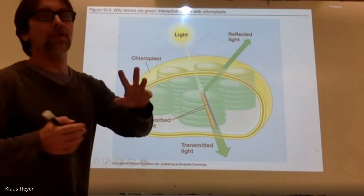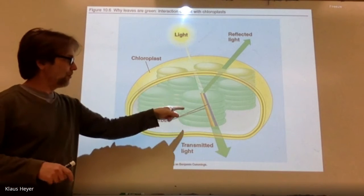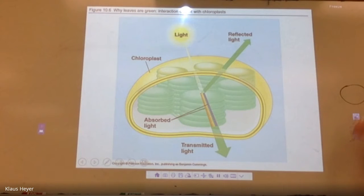Okay, so absorbing light, reflecting light. Let's go a little bit further into this. Within these things, which we call thylakoids, we have chlorophyll, pigment, right? And within the chlorophyll, you've got all these hydrogen atoms. So now I'm going back to this thing. I'm not going to do it for long, don't worry. So that's an atom of hydrogen. If you remember, it's got a proton inside, an electron going around it, and